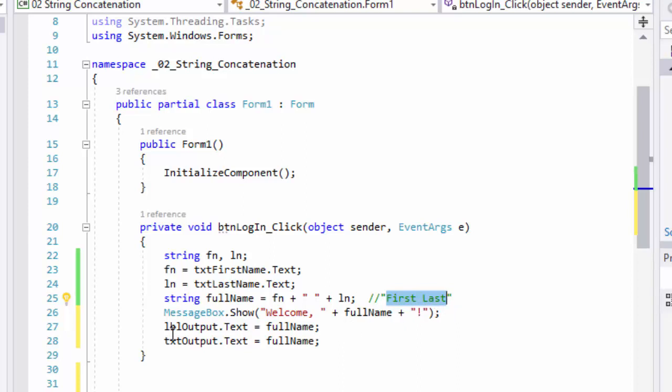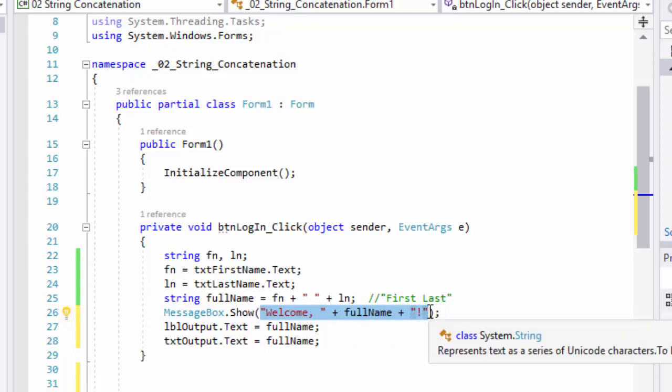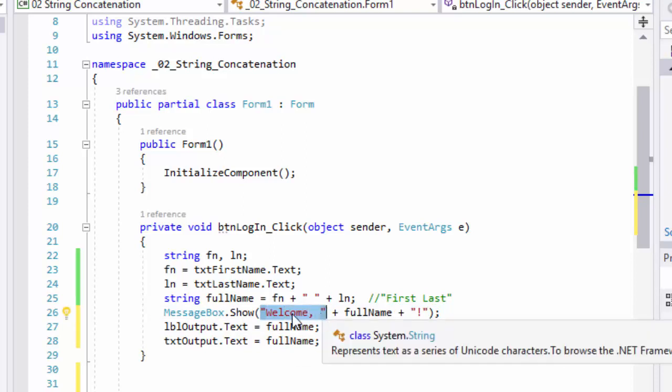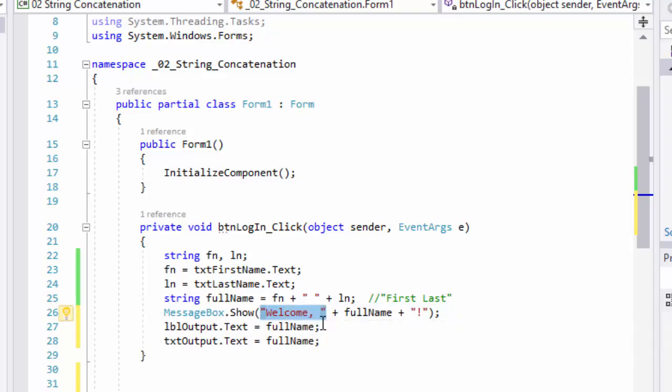And I displayed that in the lbl output and txt output label and text box respectively. Before I display the full name in lbl output and txt output, I said I'm going to show a message box. And in that message box, I'm going to do some more concatenation. So everything that's in here is just simply my prompt. No title, just the prompt or the string. And the concatenation is a literal string of welcome, comma, and a space. And then I'm concatenating the value of full name, that's the first name, space, last name, and concatenating an exclamation